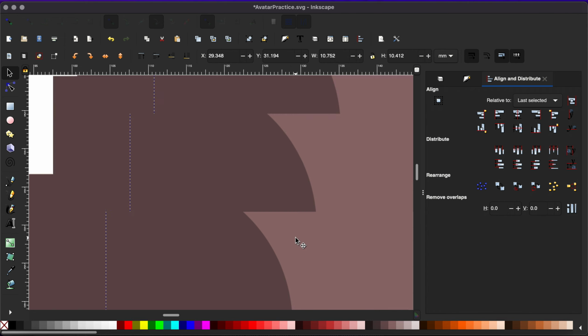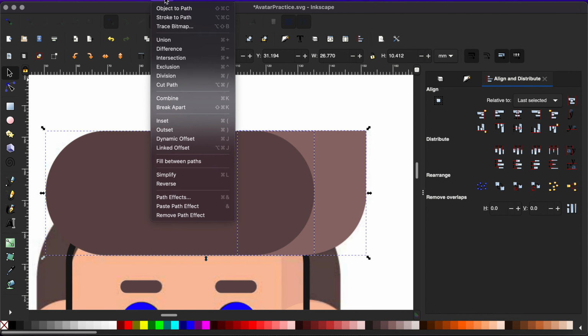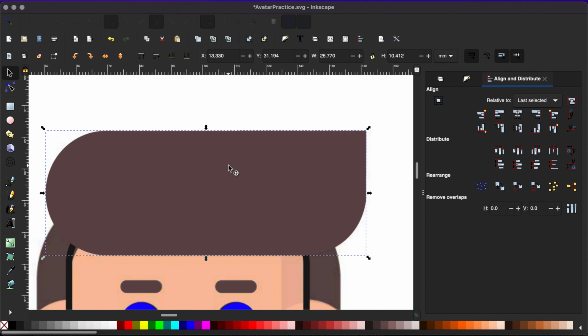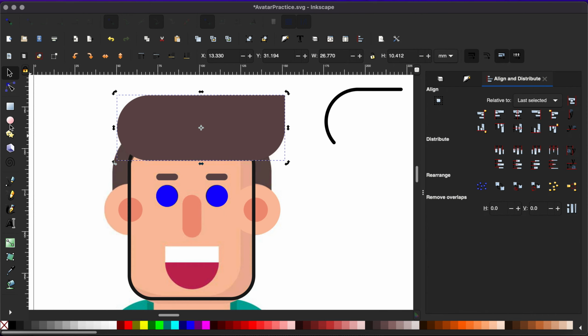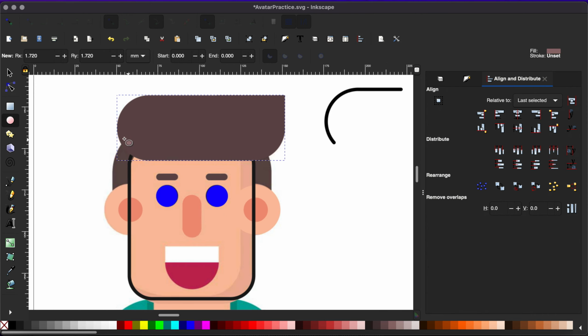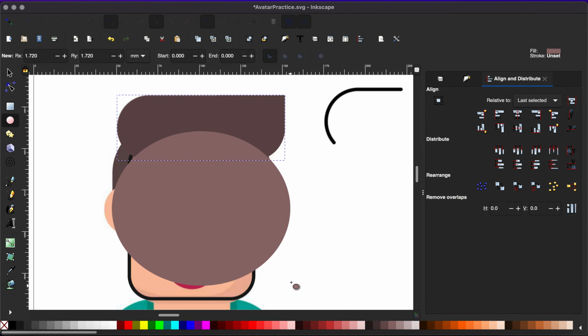Okay, now I need to combine these two pieces here, so I'm going to hold Shift, select this other piece, and then I'm going to go up to Path and then Combine. Okay, and now I've got one solid piece. Okay, this next one here, I could grab my circle tool, and then again, I'm going to make this a part that hides underneath here. So I'm going to click and drag and pull, and I can make a